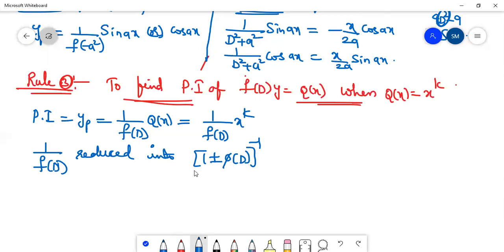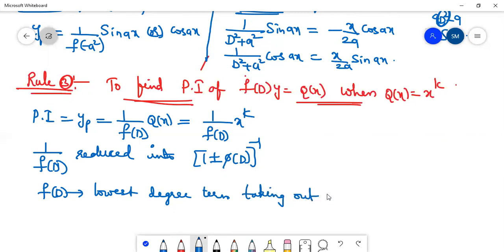In the f of d function, we can take the lowest degree term out as a common factor. Then the f of d can be reduced to 1 plus or minus phi of d whole inverse. Then the yp particular integral is equal to 1 by f of d into x power k, which is equal to 1 plus or minus phi of d whole inverse